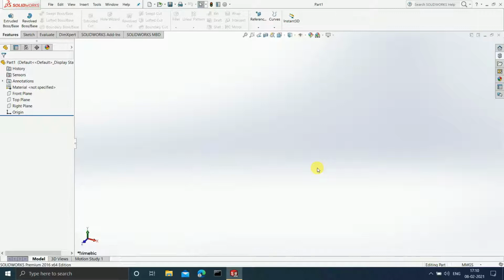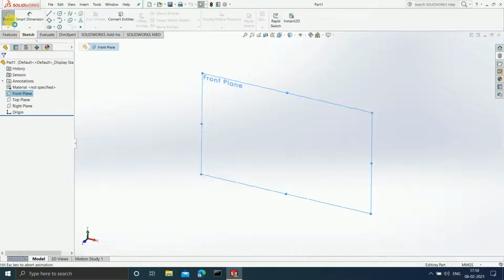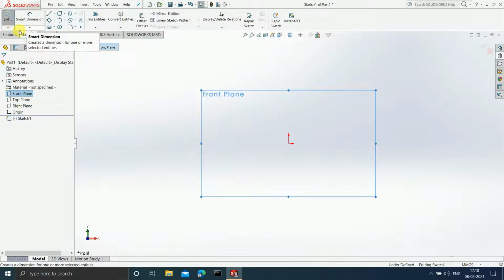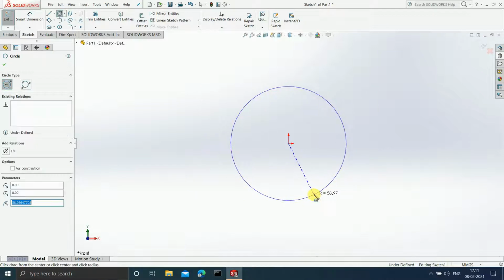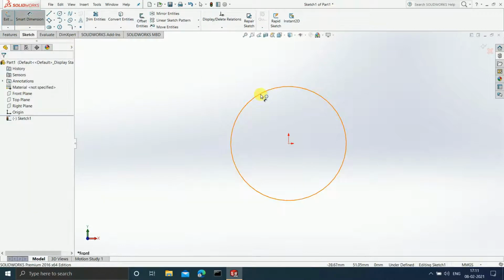Now, before 3D modeling, you must first have a sketch. Until and unless you have a sketch, you cannot do 3D modeling in SolidWorks. So first of all, let us draw any random sketch. As we all know, whenever we want to draw a sketch, we first have to choose a plane and then click on sketch. Once this is done, let us draw any sketch. For simplicity, I'm going to just draw a circle in this case. Let us give the dimensions to this circle as well.